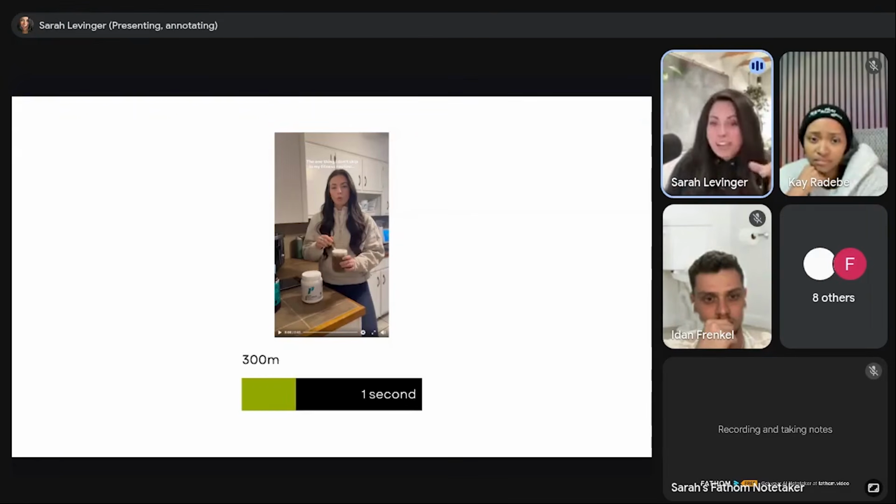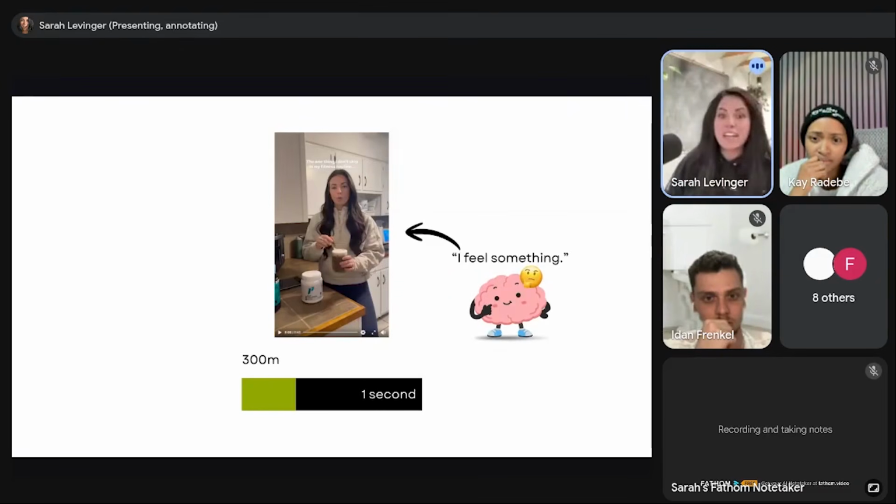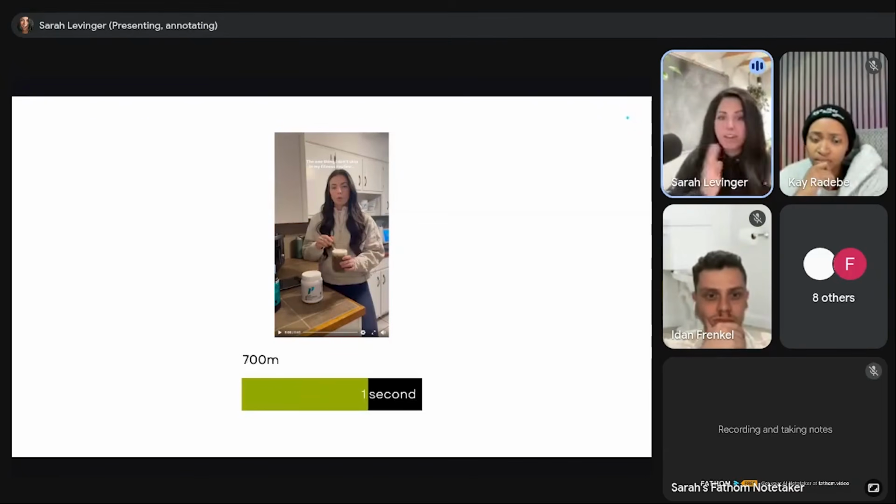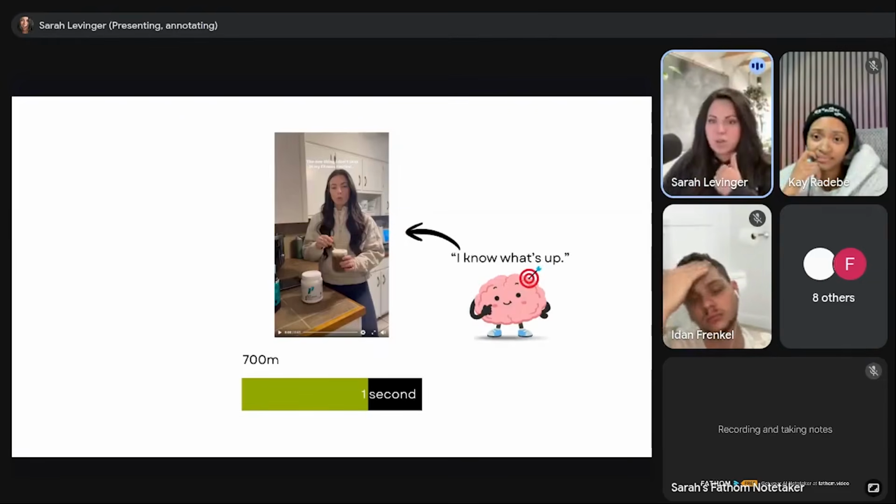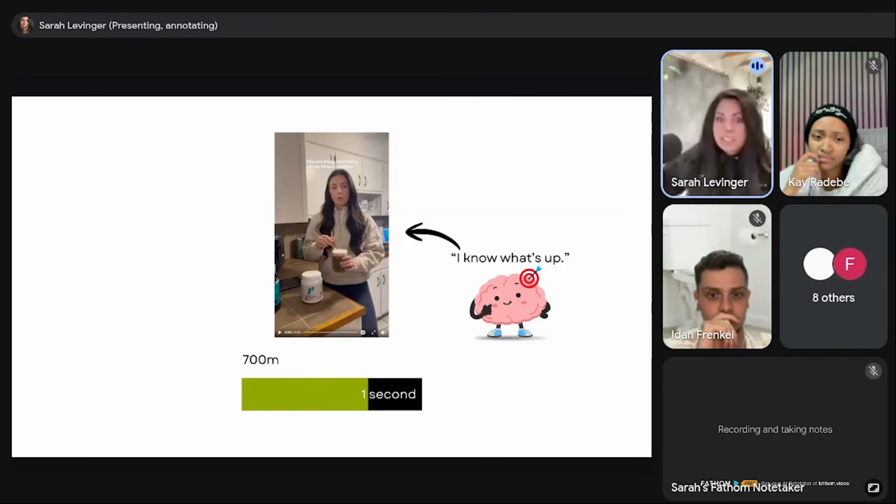In the first 300 milliseconds, a very, very short amount of time, not even a second has gone by, the brain says, I either feel something towards this or I don't. The brain is screaming fast, like we've talked about many times. You're only 300 milliseconds into this, and the brain has already decided: do I feel something towards this or not? Was I able to create chemicals to make me feel something? After that, we're up to 700 milliseconds. We still haven't hit a second, and the brain has already decided, this is an ad. I know what's going on. So between 100 milliseconds and 700 milliseconds, the brain has done basically 3 different things.